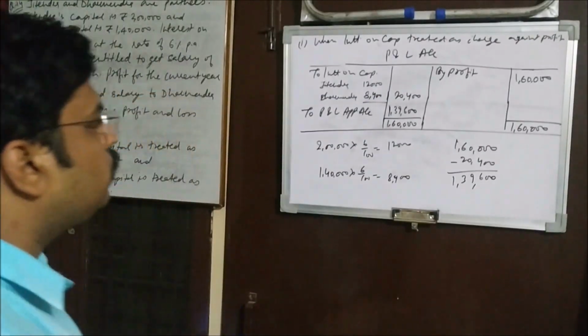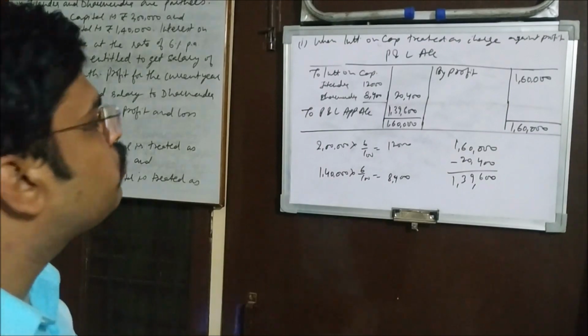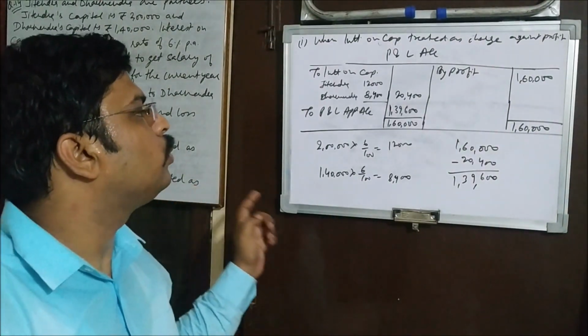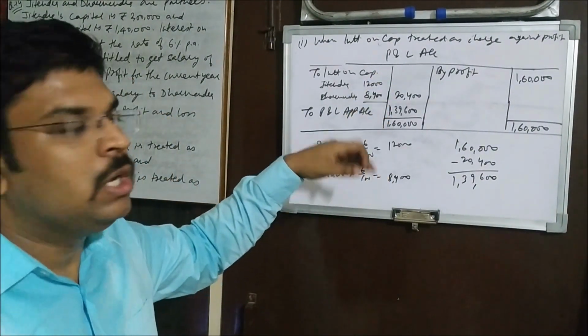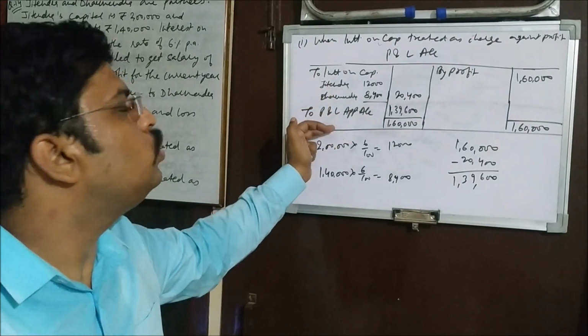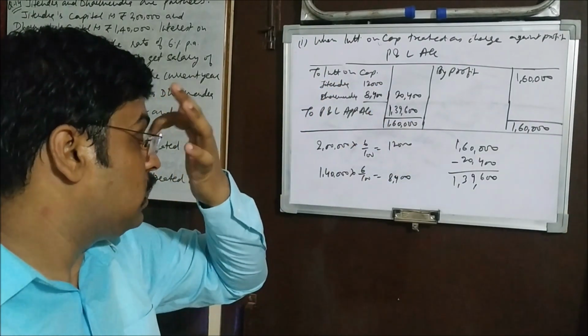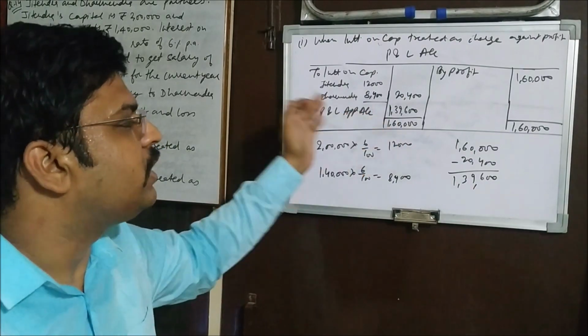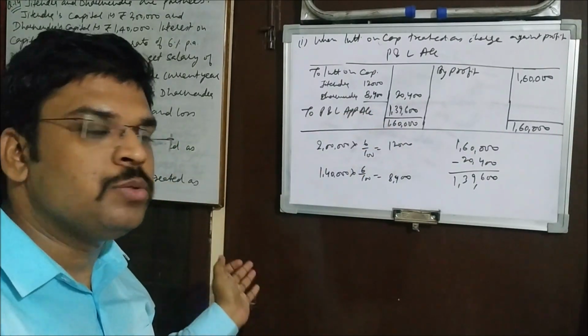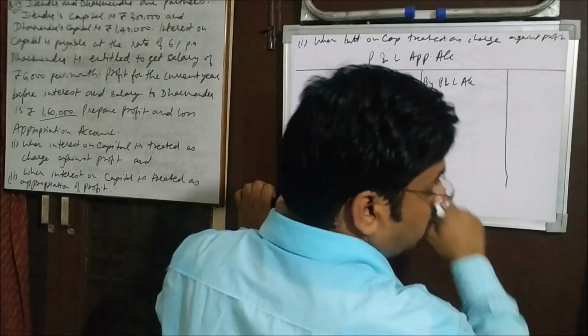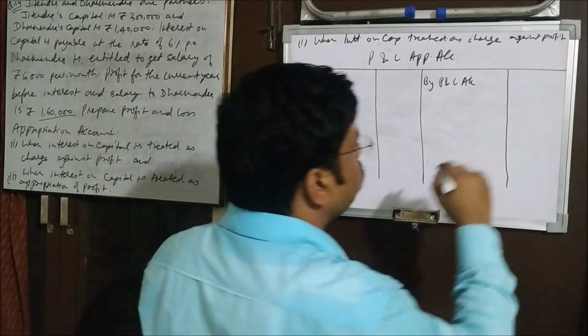Alright, so because it is a charge against profit, its treatment is supposed to be done in profit and loss account before transferring the amount to profit and loss appropriation account. Okay, now this amount will be transferred and thereafter the treatment of salary and other things will be done there. Okay, so let's see. The entry we have done there will be transferred here,